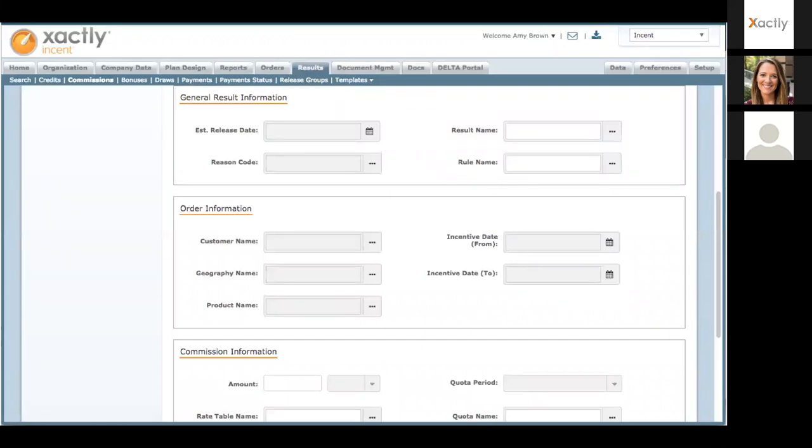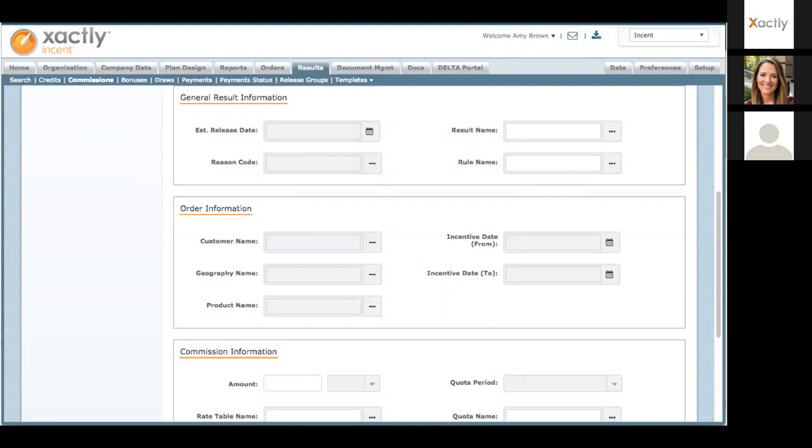So if I was the accountant working at Cloud Corp, I'd sit down with my commissions person and I'd say, hey, let's go through here and let's find the data that we need that we can search on to help produce the results we're looking for. So this search essentially filters the data out, right? And you'll see right there, product name is one of the standard options of things that I can search against. So let me go search by product name. Let me look for that product that I know is an add-on product that adds to the life of the original product sold. So let's go find those transactions.